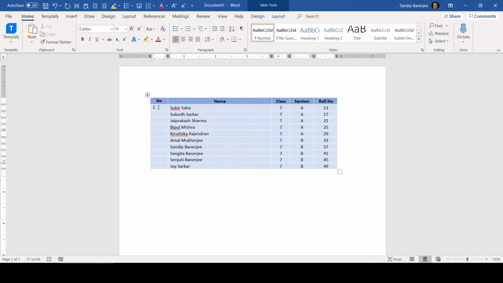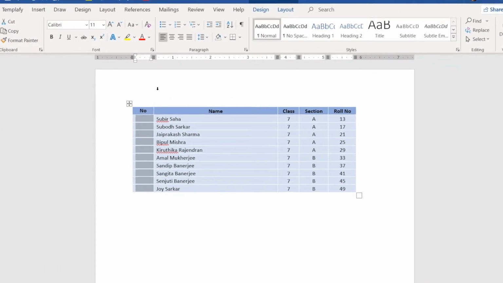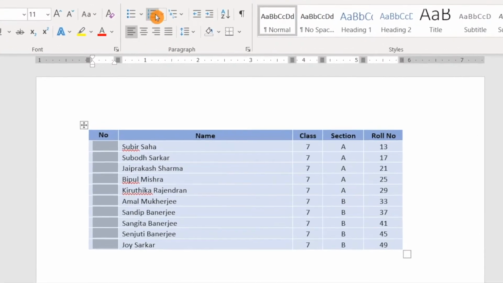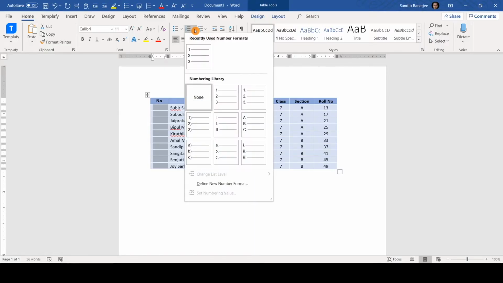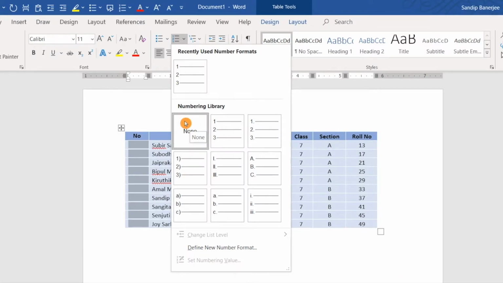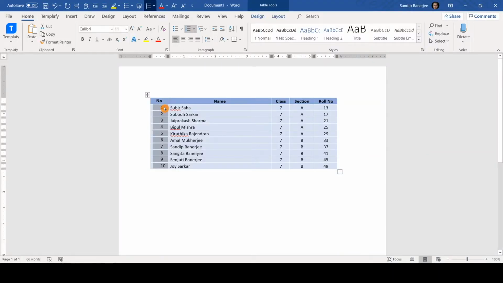So first of all, let me delete this existing number. Then if I select this entire range and if you follow my mouse, if I go to this numbering and there is a drop down, there are different other options there. If I select this first one, 1, 2, 3, you can see these numbers have been populated automatically.